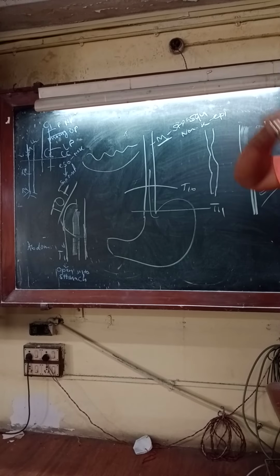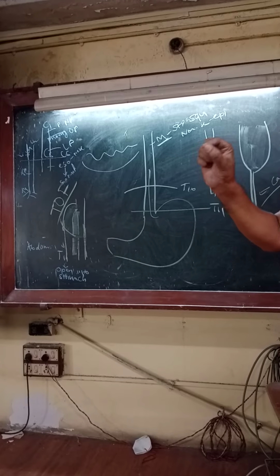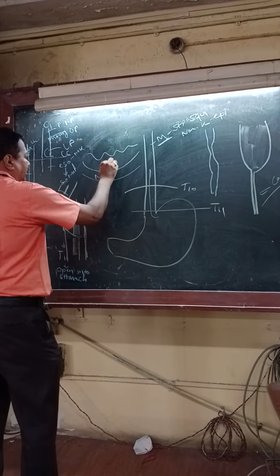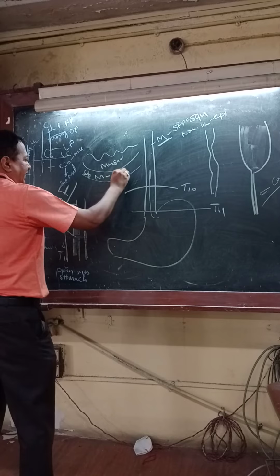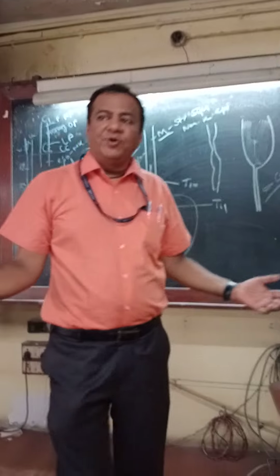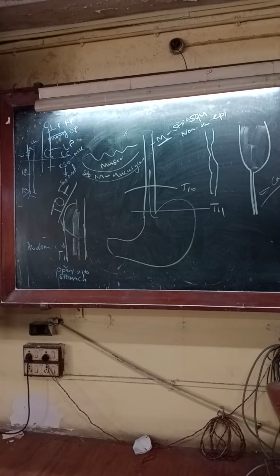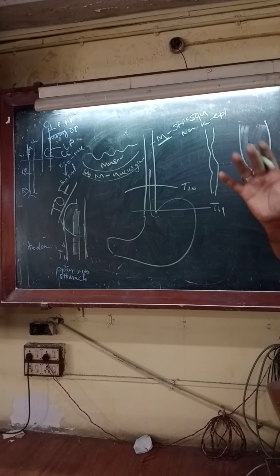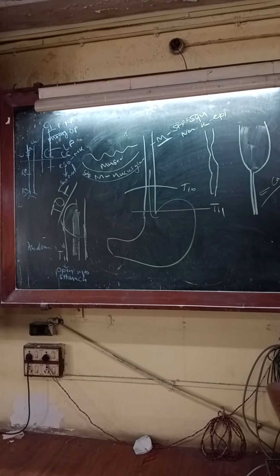So this is the mucosa. Submucosa, how is it different? In the submucosa there are mucus glands. Normally glands are there in the lamina propria, but in the submucosa there are mucus glands. The location where mucus glands are present is the esophagus. Why are these mucus glands there? Again for two purposes: to fight against the acid and to lubricate the food.